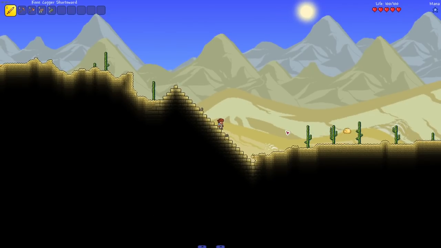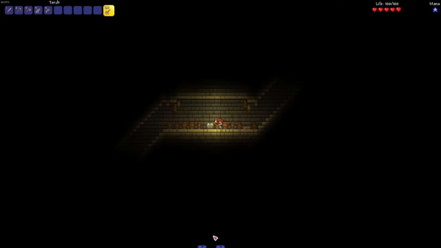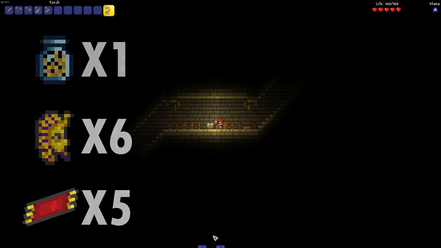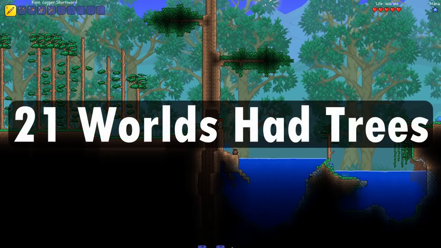Like I said previously, none of the large worlds beat the medium world that had 3 pyramids, but 4 of the large worlds did include 2 pyramids. Moving on to the loot, I found only 1 sandstorm in a bottle, but 6 vanity sets and 5 magic carpets. Continuing on to the living wood trees, I found that 21 of the large worlds contained at least 1